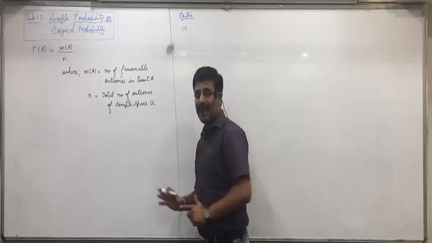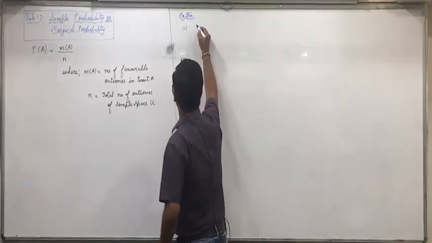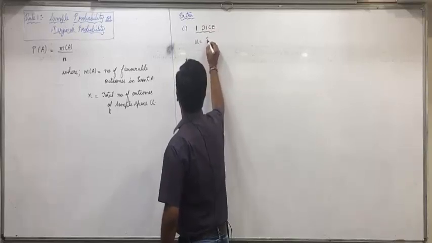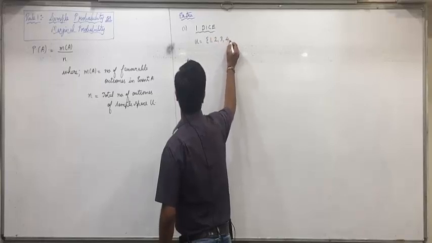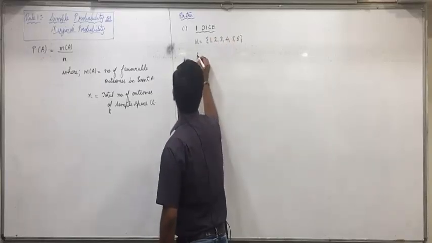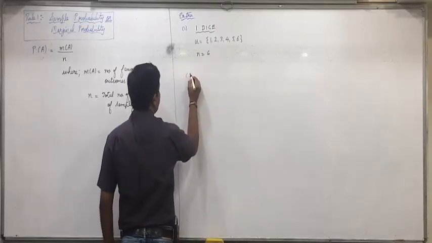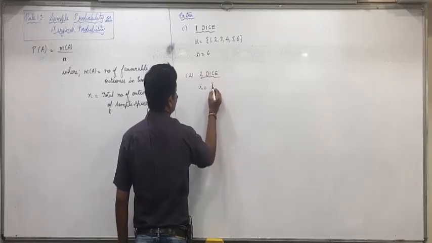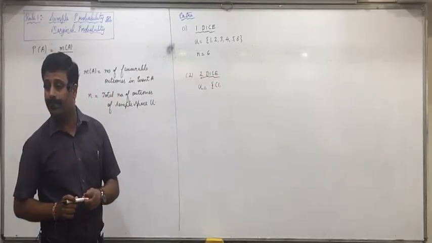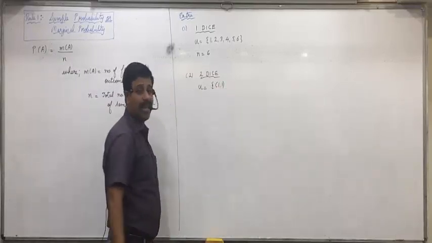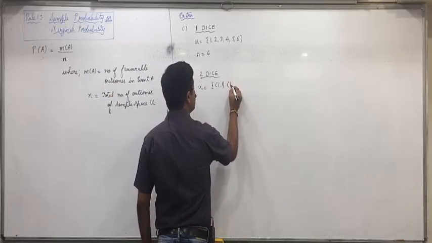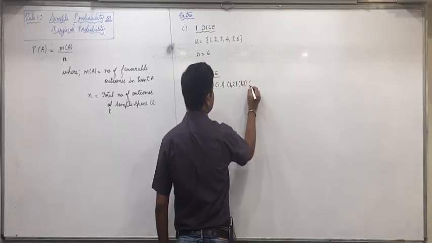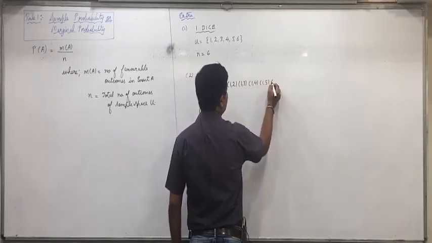if I write 2 examples on the board, then you write it. So just be attentive first. If 1 dice is thrown, then the sample space is 1, 2, 3, 4, 5, 6. N is equal to 6. If 2 dice are thrown, then on the first dice you can get 1. Along with that, on the second dice also you can get 1. On the first dice you get 1, on the second dice you get 2. On the first dice 1, second dice 3, 1, 4, 1, 5, 1, 6.